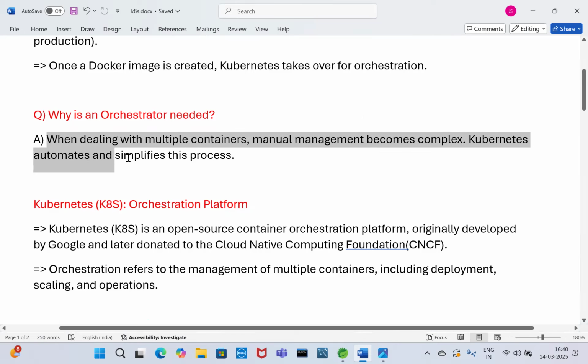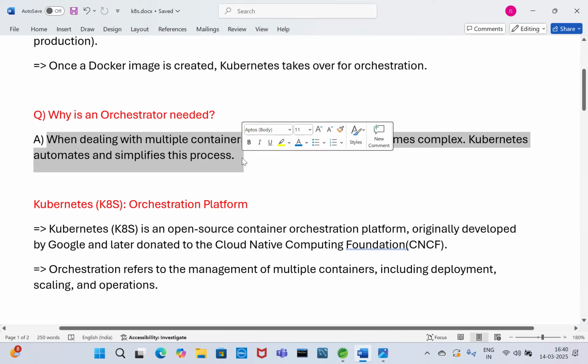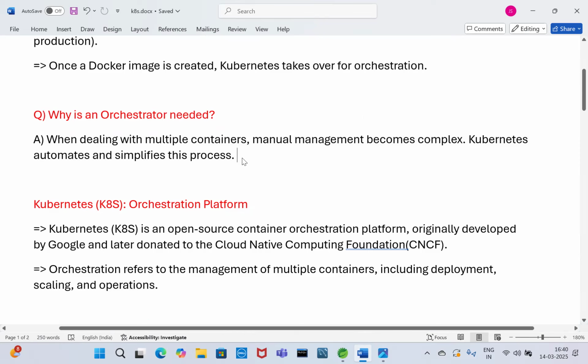Kubernetes automates and simplifies this process. Understand, right? Manual management is complex, so we are moving to an orchestrator, which automates and simplifies this process.